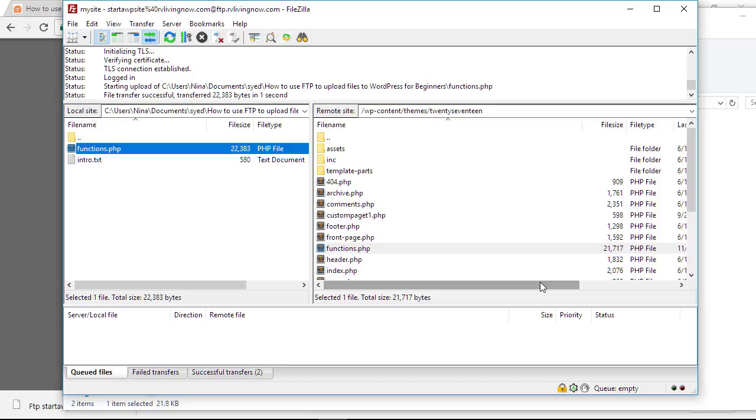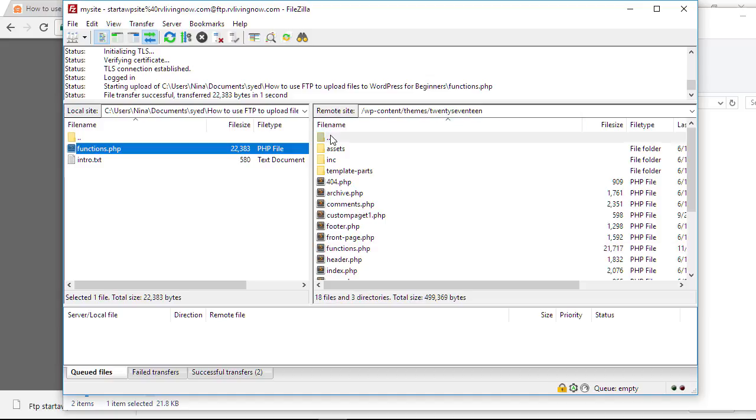Now, what if you want to upload a plugin to your website and not do it through the admin area? That's pretty popular to do if you've downloaded a premium plugin from the plugins website and you've downloaded it to your computer, and now you need a way to upload it to your website, but you don't want to use the WordPress admin area. What we can do is, you see this folder with 3 dots.